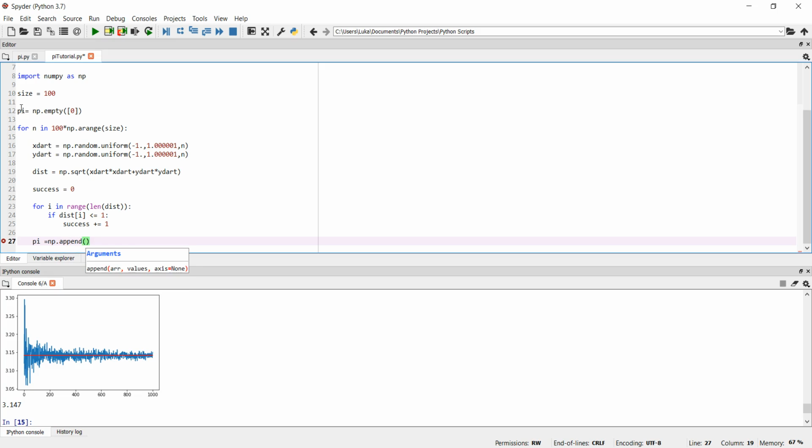Oh, let me quickly go up here and fix this. This is really annoying. I always hate when it's, oh yeah, like right here. Just make your code neat. That's the lesson. Anyways, pi equals np.append(pi, 4 times, and this is basically our equation to